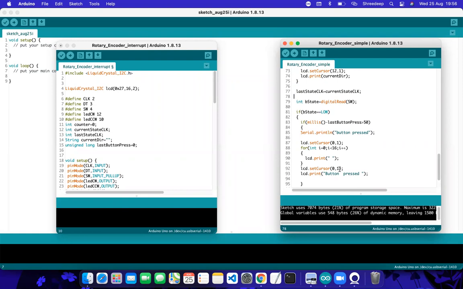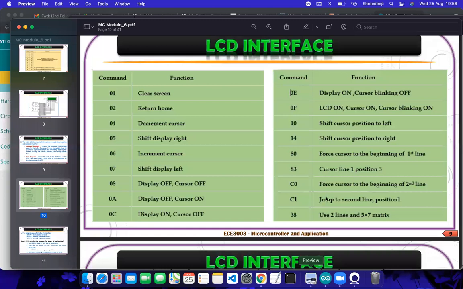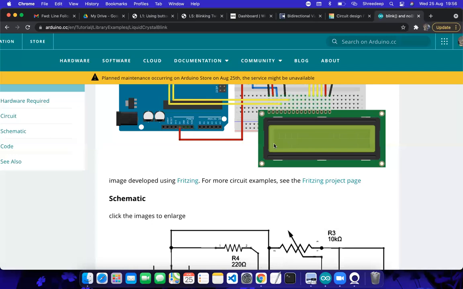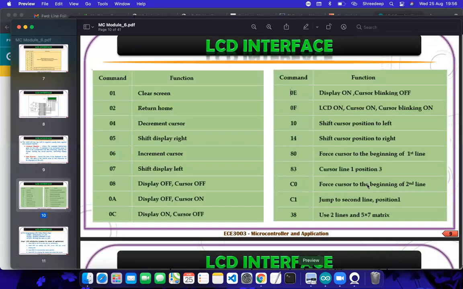So once you declare LCD.setCursor(0, 1), internally it will get that address value from this address string, and it will send the corresponding address to the LCD to set the cursor to the beginning of the second line, that is C0. The address of the second row starts from C0, so C0 to CF, and the first row is 80 to 8F. Although these are not required for Arduino purposes, it's better to know how these characters are written.